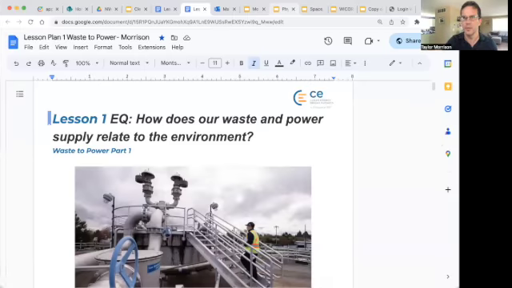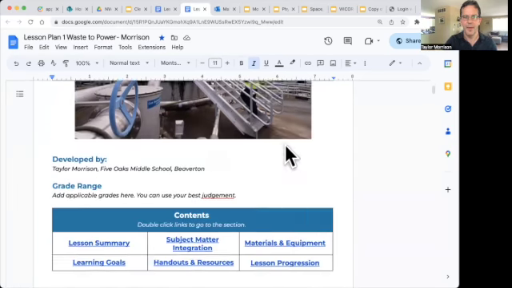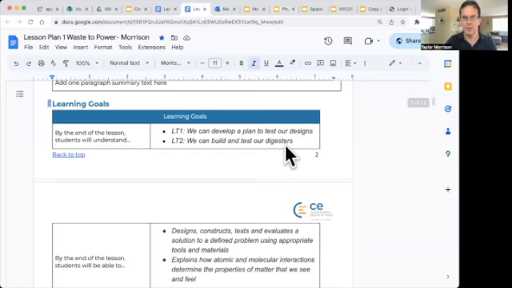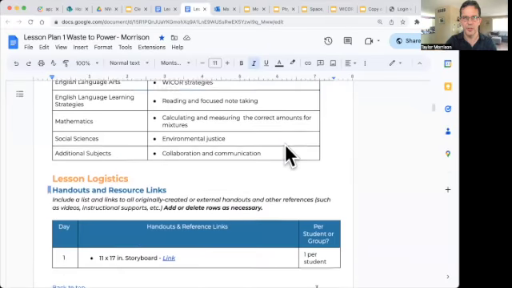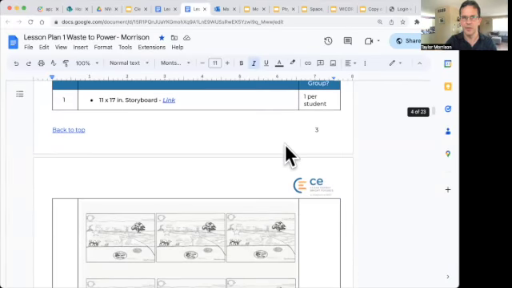So I'll share the screen here. We're an AVID school. We always have an essential question. The essential question for this was, how does our waste and power relate to the environment? And if we go down here, I can show you there's targets and some of our AVID strategies, but here